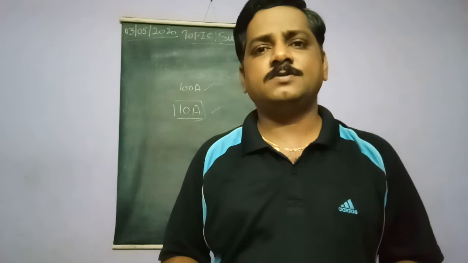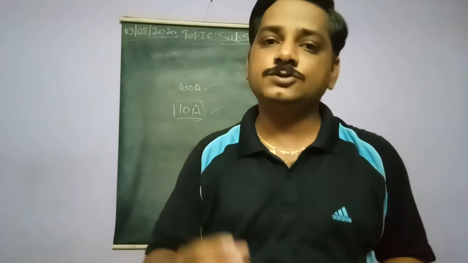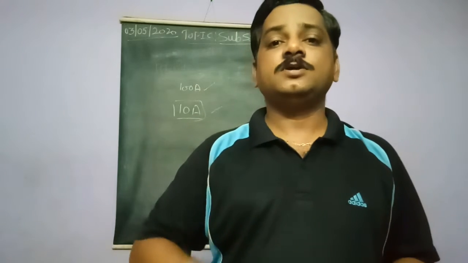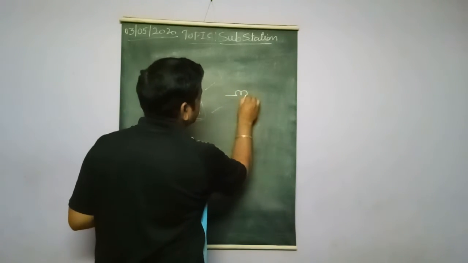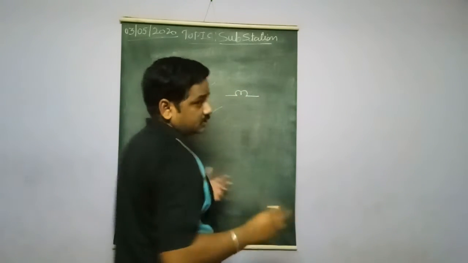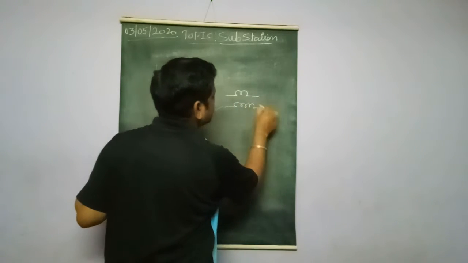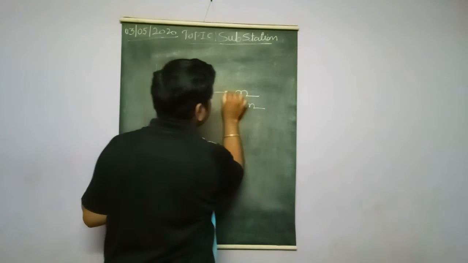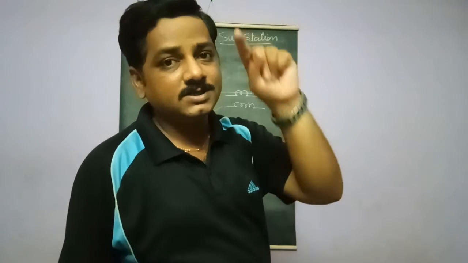That is an important parameter of a current transformer. So current transformer is nothing but what? It is a transformer which is used to measure a high range of current using a small ammeter. So how is it made up? It will have a primary and a secondary. Both, it's a transformer. The primary of the current transformer is connected in series to the transmission line, because the current is always measured in series with the line.